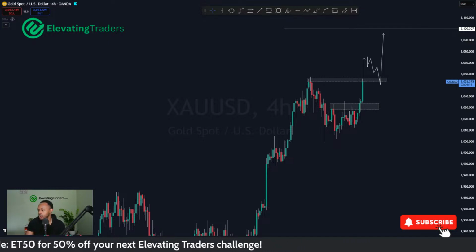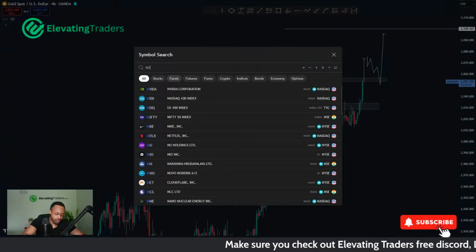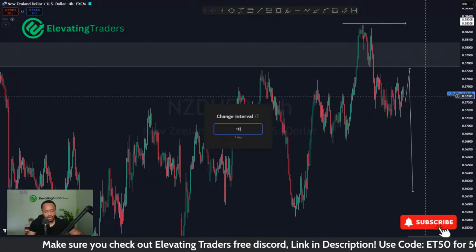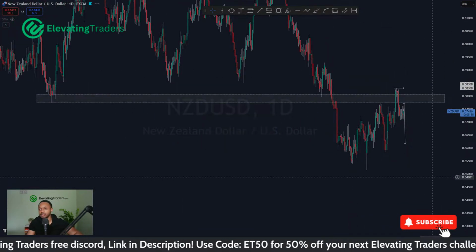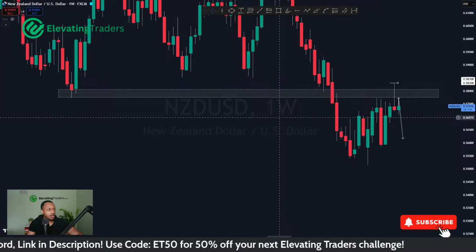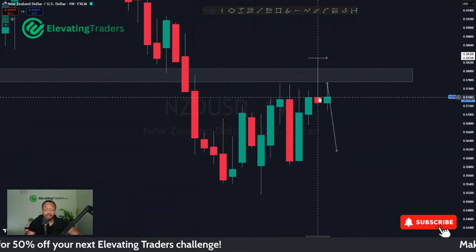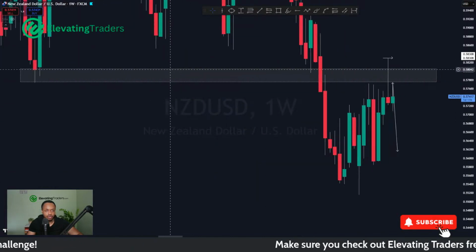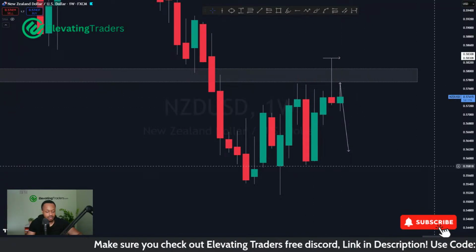Okay, so I'm gonna go to NZD USD. So yeah, for NZD USD, because price is still respecting resistance pretty well. This is the weekly chart. We had a big piercing wick to the upside last week. This was last week's candle. Big piercing wick to the upside through that zone there, rejecting it pretty well. I mean, pull back, close bearish underneath resistance there on the lower time frame.